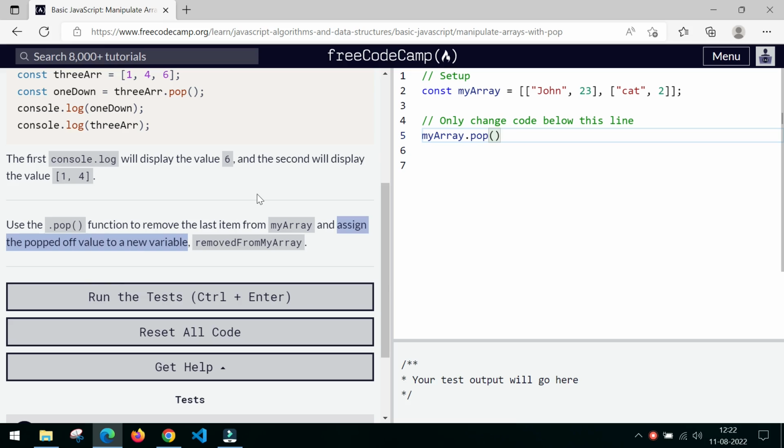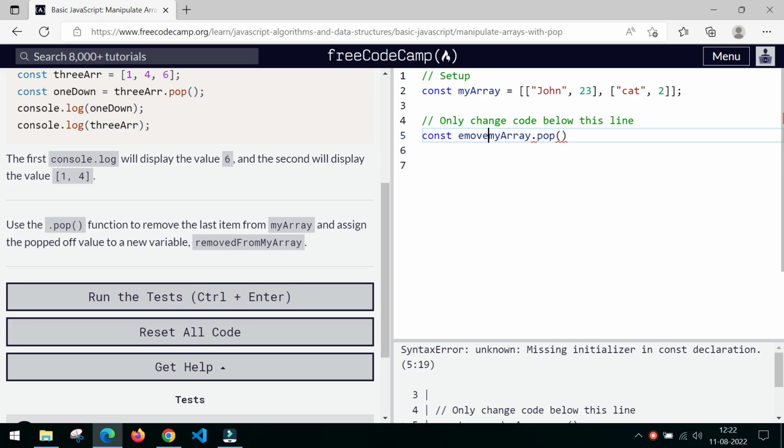So what is the meaning of the popped off value? Popped off value is nothing but the value which is removed from the last. Okay, so the cat and 2, that is the array which is removed. So they have told us to save it in another variable. So give const removed from my array